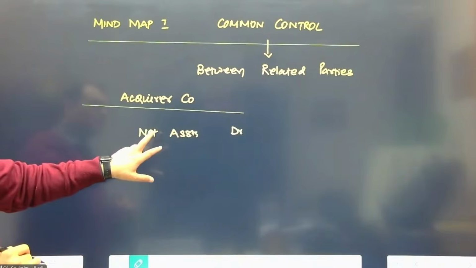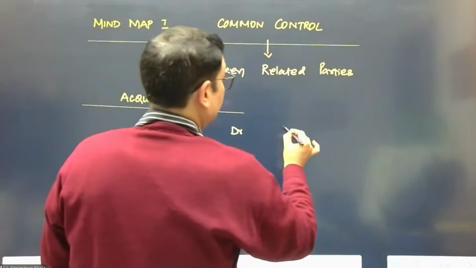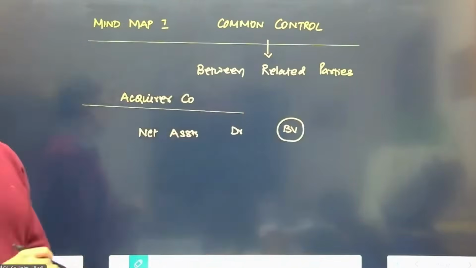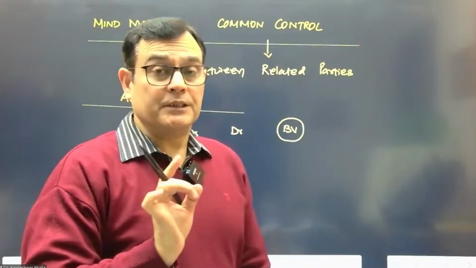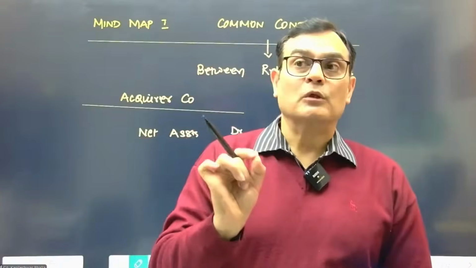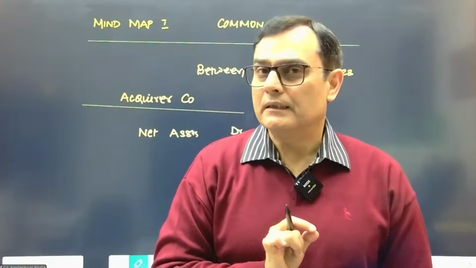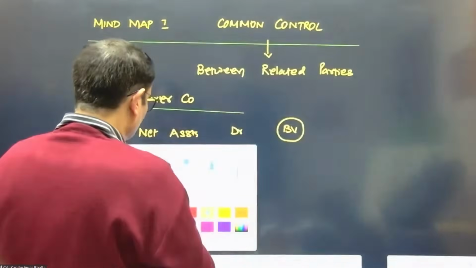So in terms of common control, the net assets are captured at book value. There is no concept of fair value as far as common control is concerned. The accounting is quite similar to what you do in ICAI Accounting Standard 14. There is the pooling of interest method. So we consider book value, and we do not consider